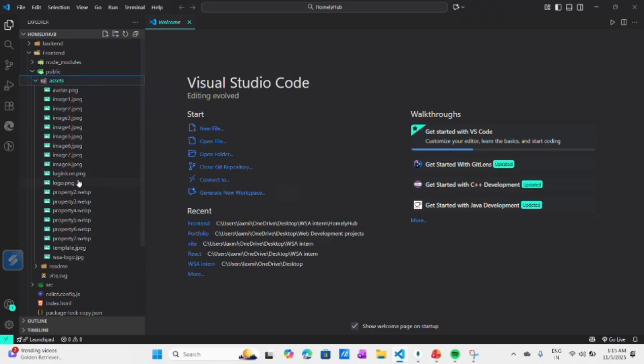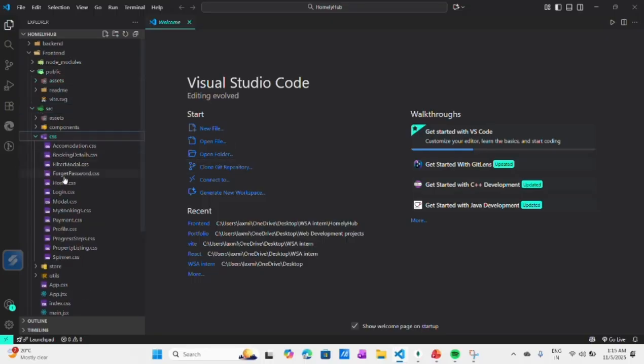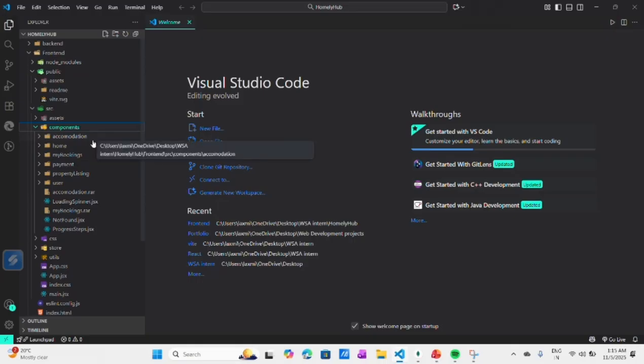In the src folder we have subfolders assets, components, css, store, and utils. In css we have all the css files which we are using for styling the pages, and in components we have the components which we are making in this project, like accommodation, home, my bookings, payment, property listing, users, and also loading spinner.jsx, not found, progress step, and all these.